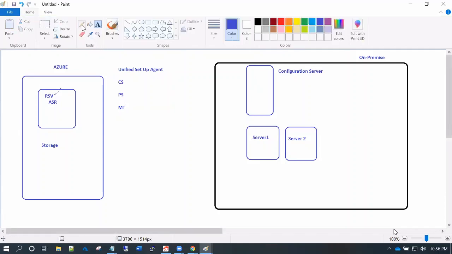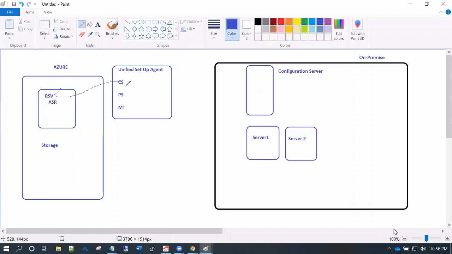So we will speak more on CS and PS. Let me first explain what these components are all about. CS is basically a management kind of service, which contains the metadata of the list of servers that have to be migrated to Azure, and it also communicates with the Recovery Services Vault. The binaries or internal components of the Recovery Services Vault are ASR, right? So those components are getting in touch with the CS.